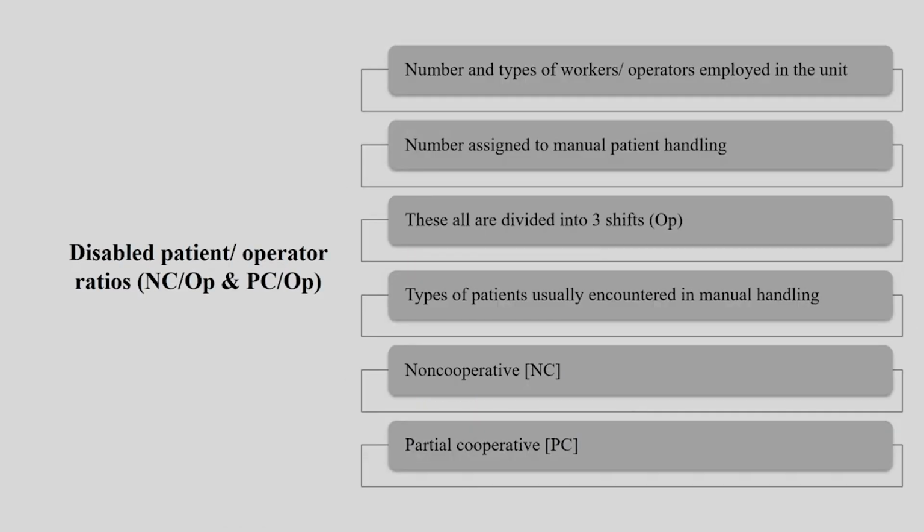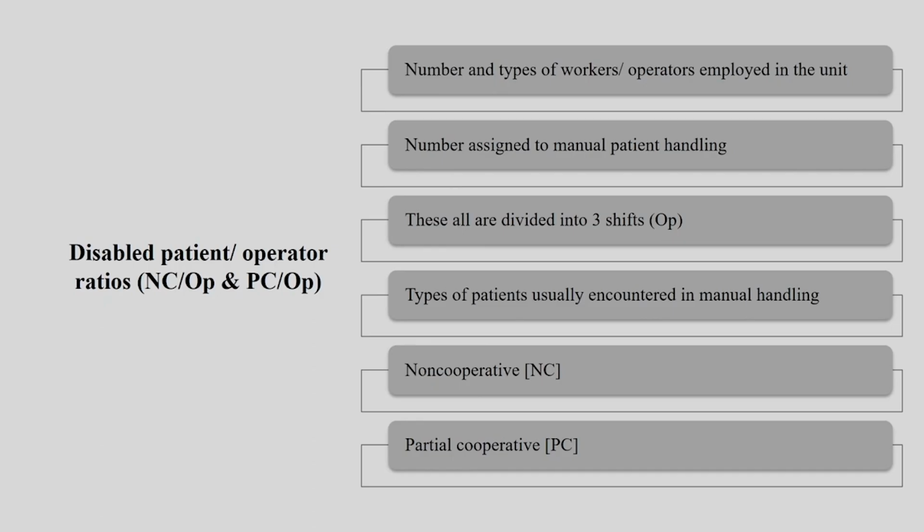So, when we are talking about disabled patient and operator ratio, how many disabled patients are there? They are partially cooperative or non-cooperative, and how many people are there who are going to help them. That means the nursing staff. So, the number or type of workers and operators employed in that particular unit, this information needs to be collected in